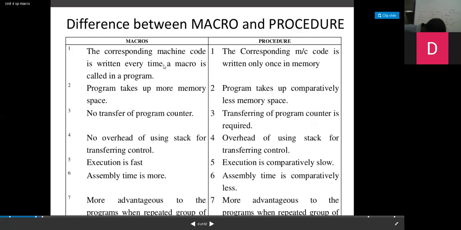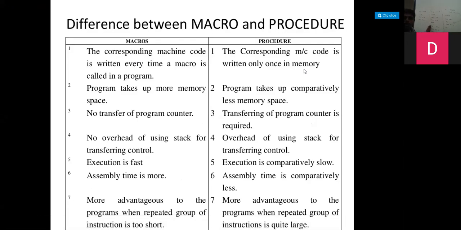You see here, in a macro, the corresponding machine code is written every time a macro is called in a program. Every time you write a macro, you are calling a macro here, so the macro will be repeated here. The corresponding machine code is written only once in memory in procedures. So you are writing the procedure over here, and this will be written only once in the memory.